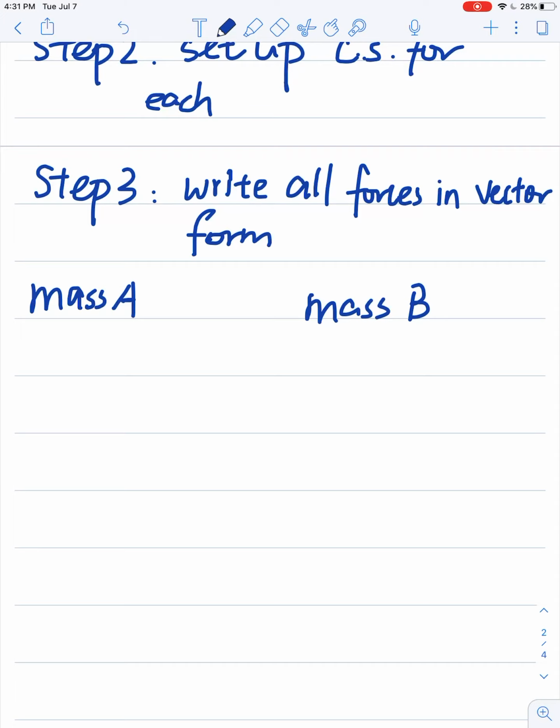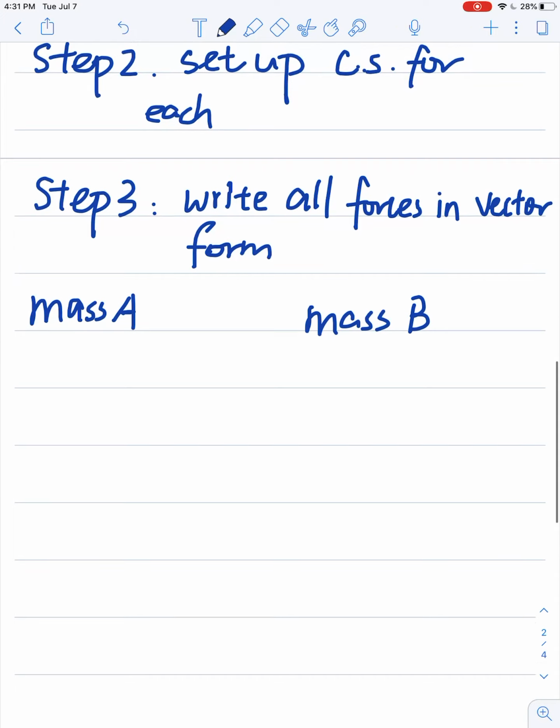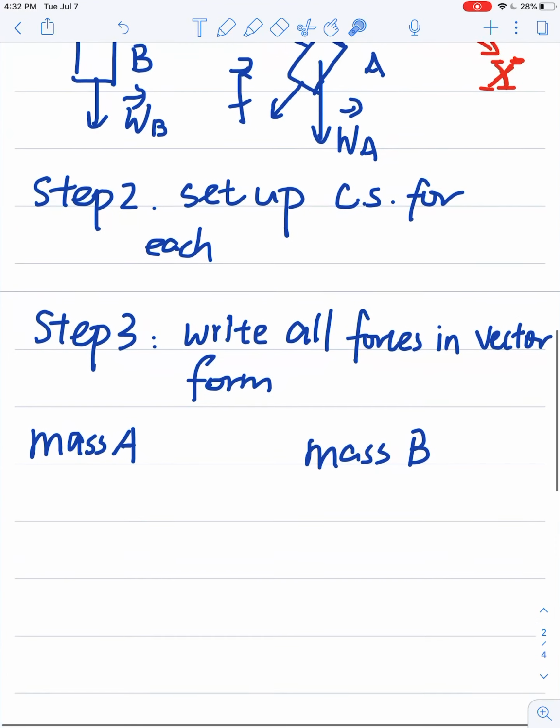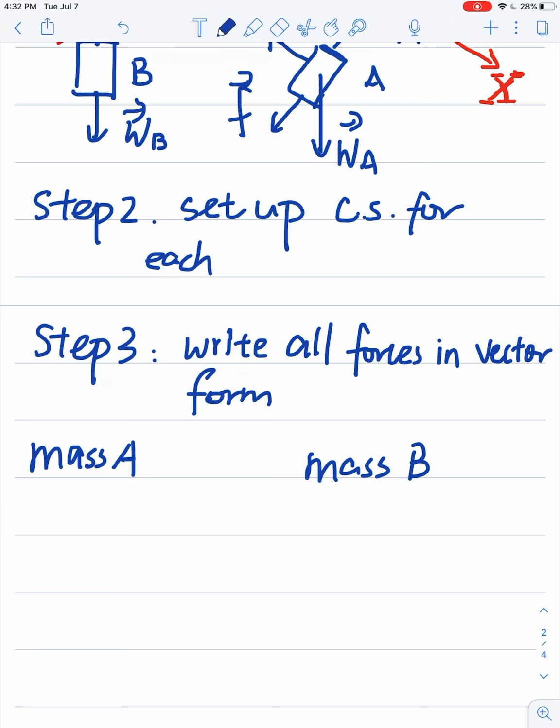Alright, let's continue our step 3. We have two masses. We want to write all the forces in vector form for mass A. Let's go back to the free body diagram. Look at mass A. We have 4 different forces. So I would put